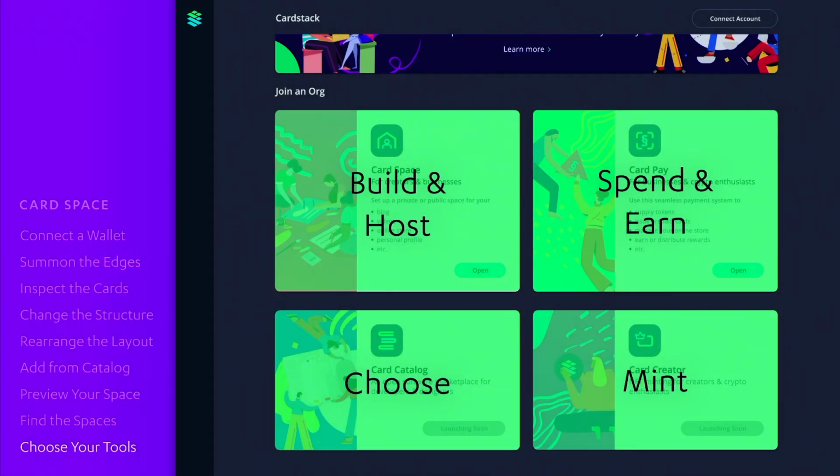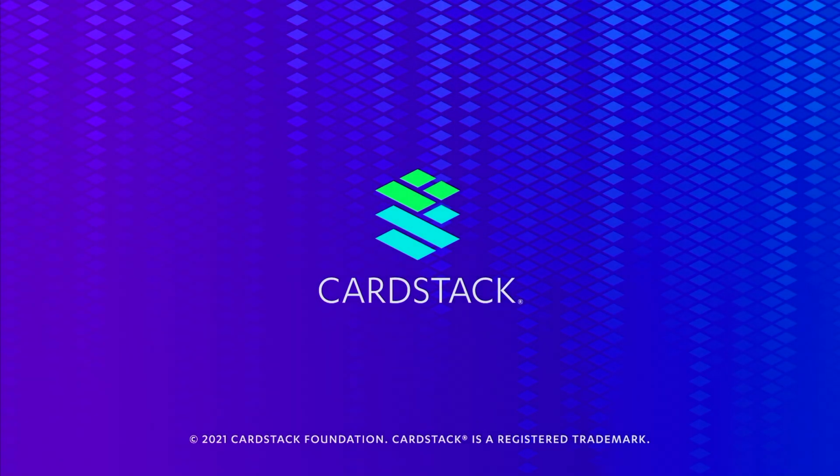So I hope this was a helpful way to give you a sense of what we're working on at Cardstack, the different tools. And I really want to invite users to give us feedback about different design affordances as we not only get the system in place, but also add new tools and new affordances, so we can make this truly a super powerful